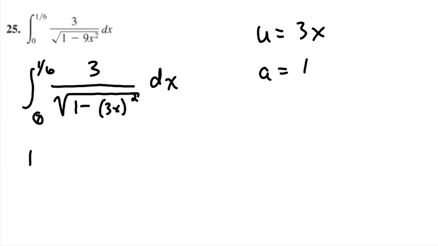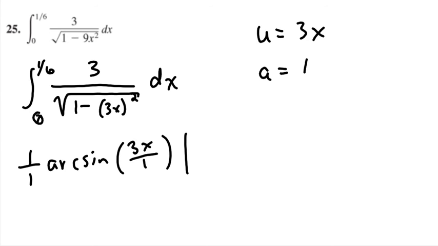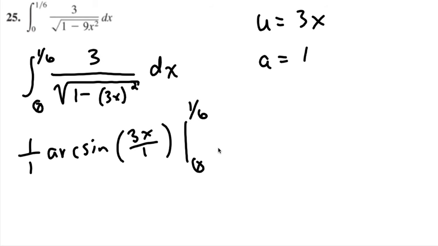So arcsine says 1 over a, so that's just 1. I don't really need to write that. Arcsine of u over a, so 3x over 1. Again, we don't really need that. And this one we will evaluate from 0 to 1/6. So I'm left with arcsine of 3 times 1/6, which is just 1/2,